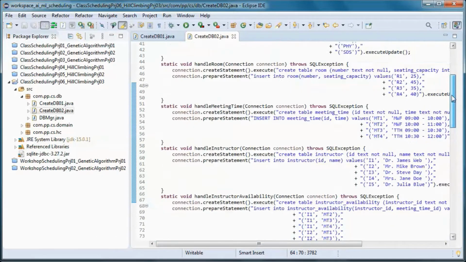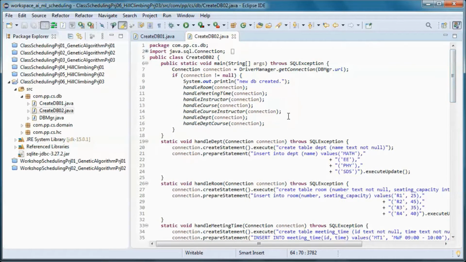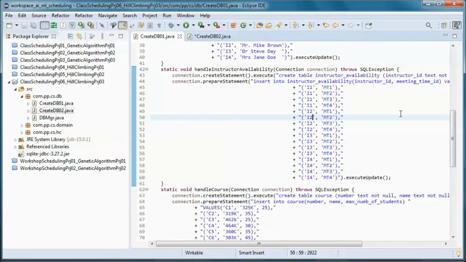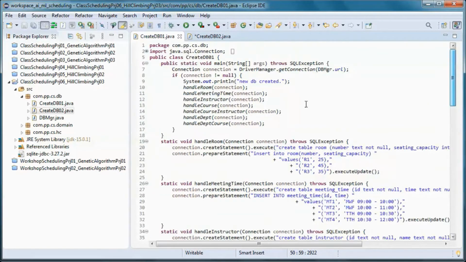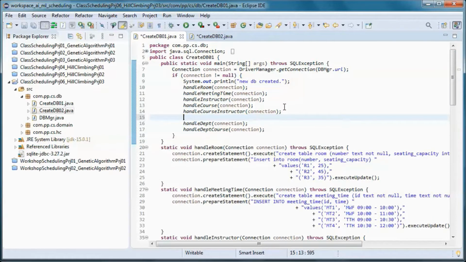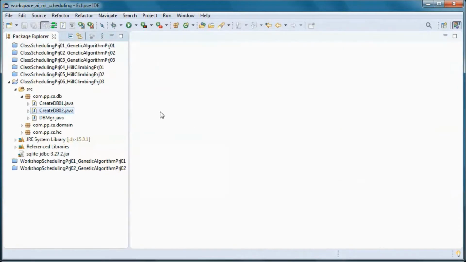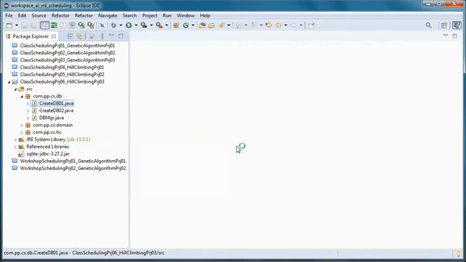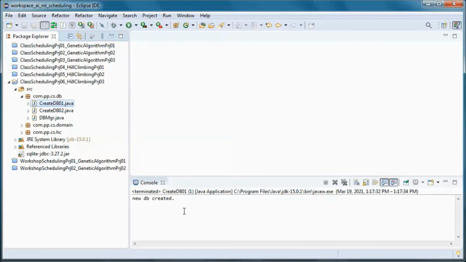And we'll call this static method from here. And let's go ahead and create and populate the database.